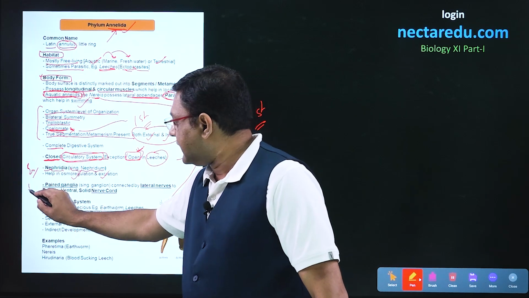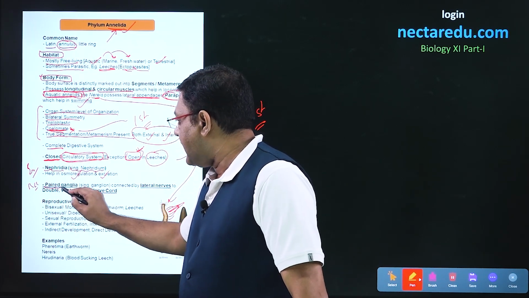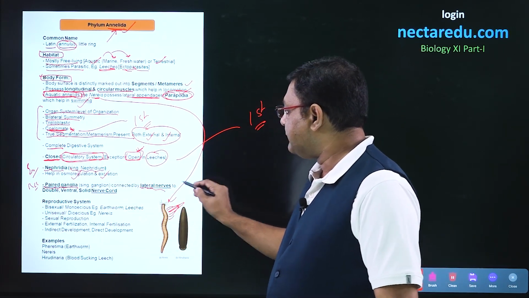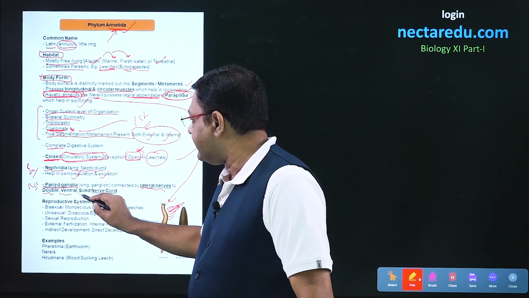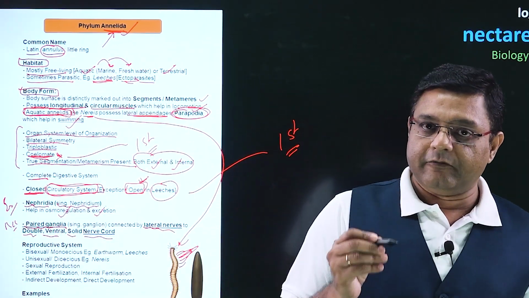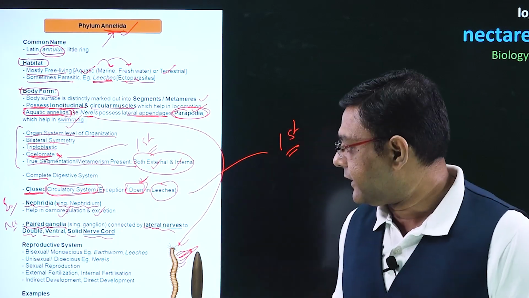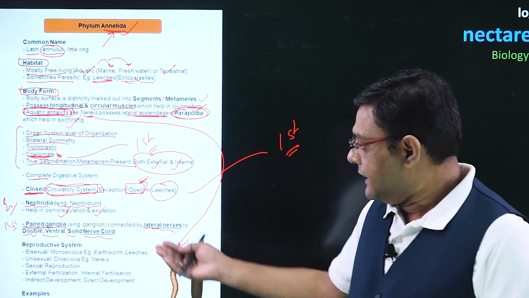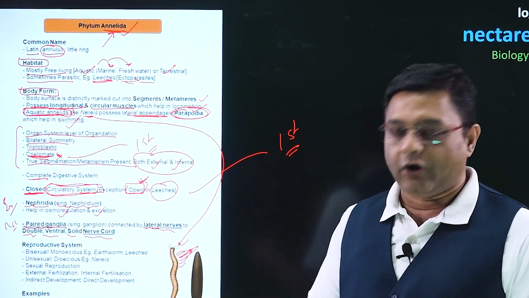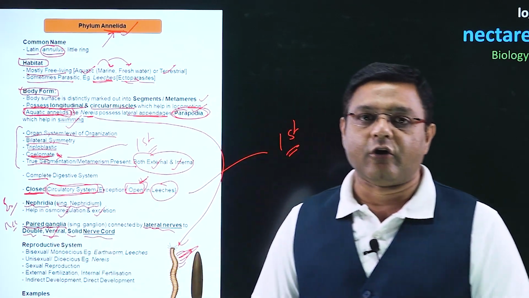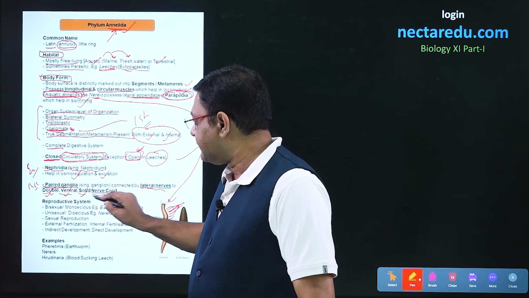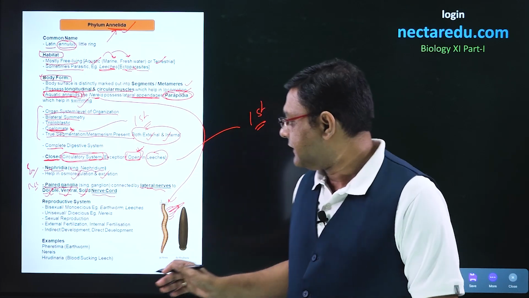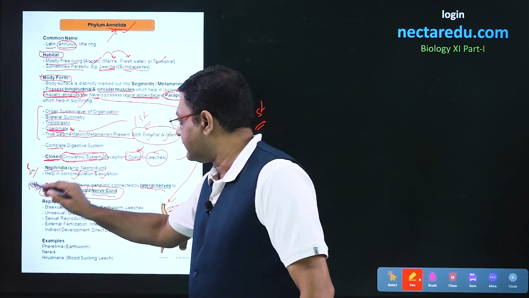Next, talking about the nervous system. Now, there are a pair of ganglia which are present. Now, these paired ganglia are connected by lateral nerves to a double, ventral and solid nerve cord. So, we have to note the condition of the nerve cord over here. It is just the reverse of our spinal cord, for comparison we can take. So, our spinal cord is dorsal, it will be ventral. Spinal cord is single, it will be double, and it is solid. So, whenever a nerve cord is present in the case of invertebrates, then this particular condition will be present.